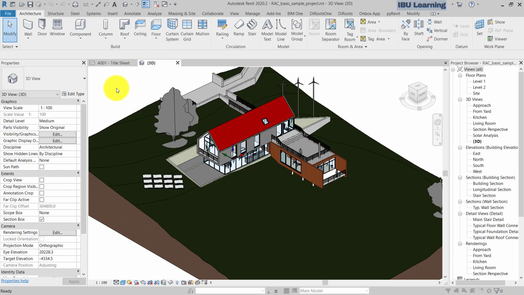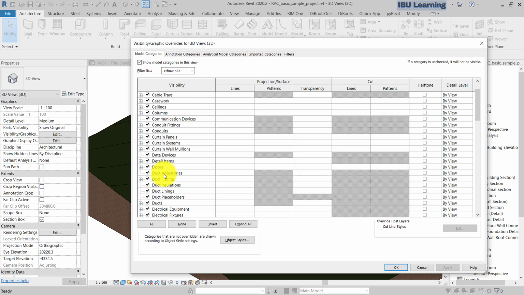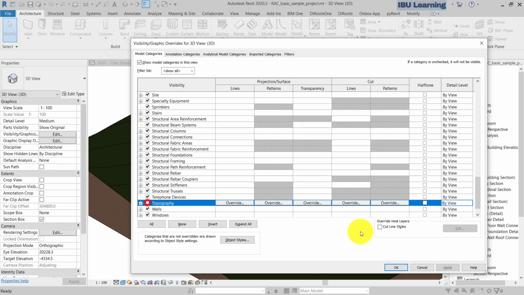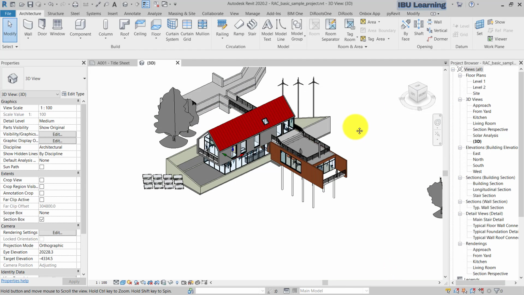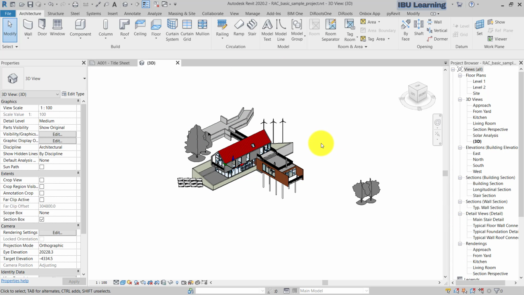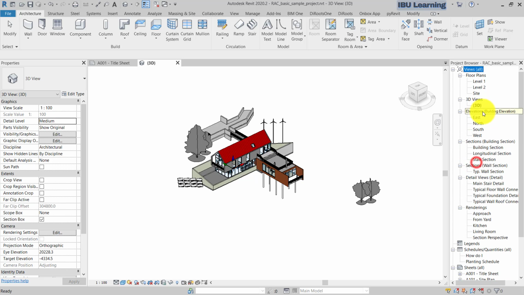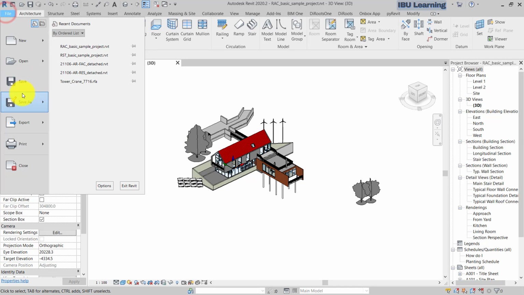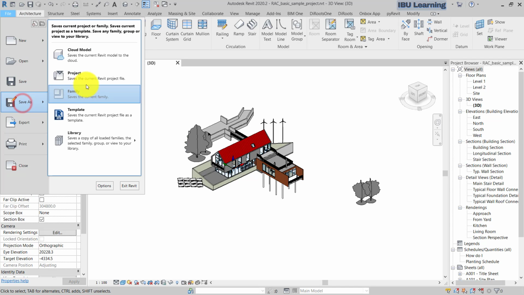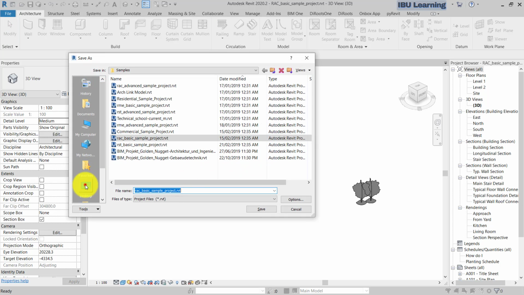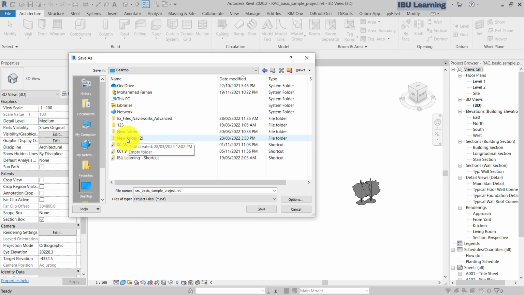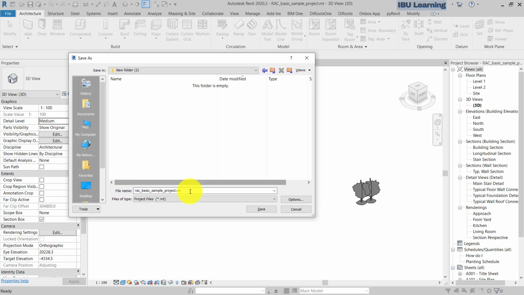I am going to hide this topography because it makes the file heavy, so I'll hide this one, and I'm just going to export this much. I'm also going to delete the unwanted 3D views. So I have one 3D view in this project, and before doing that I'm going to go to File and Save As